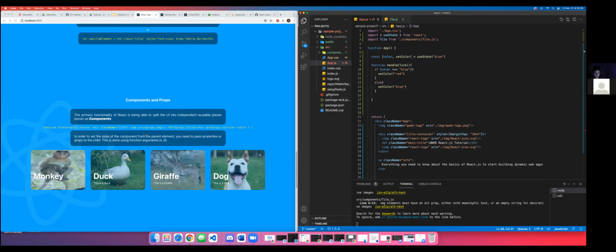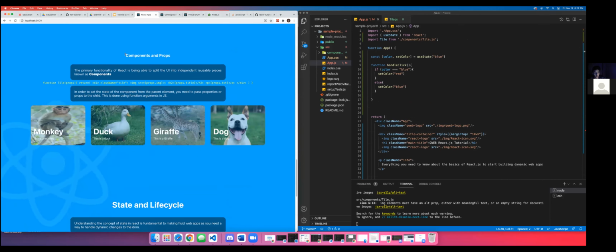And yeah, moving on from that, I have components and props. So these are two really big concepts. I mean, props is more of a concept. Components is more of a really core fundamental of React. And so basically,